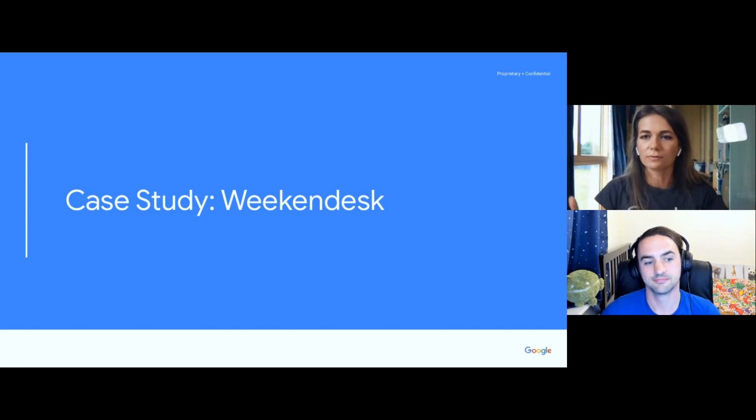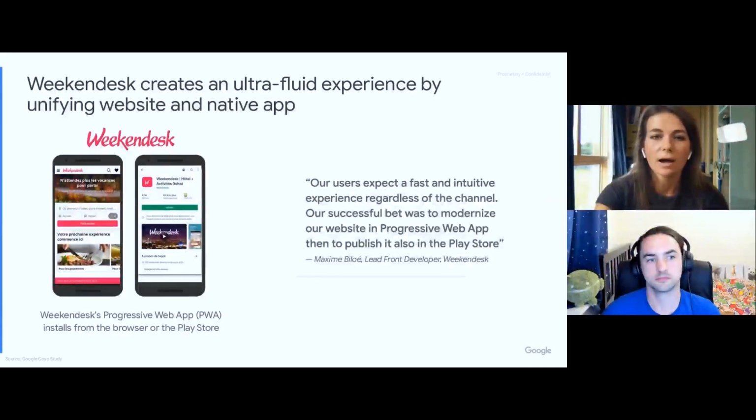And it has this kind of umbrella of different sub-technologies and features that you will implement on your websites. So the best practice here, when you want to understand the impact from that, is to measure the impact of each feature on its own to ensure the clear data and the full picture. So here's what Weekend Desk have done.